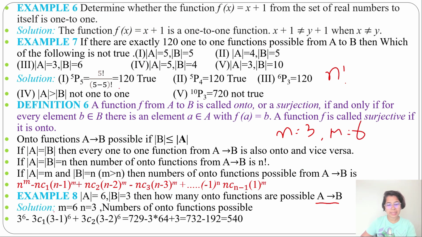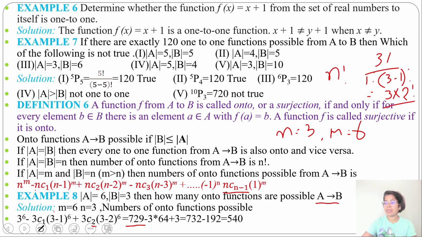So 3 power 6 minus 3C1, then in place of n we'll write 3: (3 minus 1) power 6 plus 3C2 times (3 minus 2) power 6. Here we will stop, as we need to continue till nC(n minus 1); here n equals 3, so 3 minus 1 is 2. Now 3 power 6 is 729. Then 3C1 is 3 factorial divided by 1 factorial times (3 minus 1) factorial. So 3 factorial can be written as 3 times 2 factorial, divided by 2 factorial, so 2 factorial will cancel, and we get